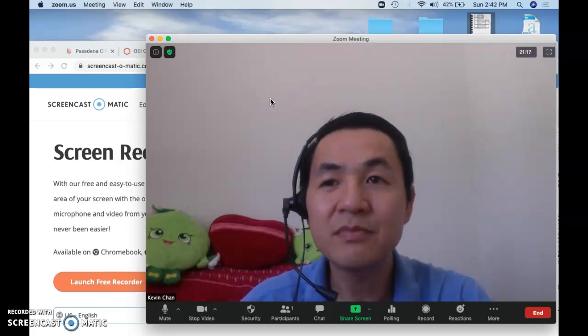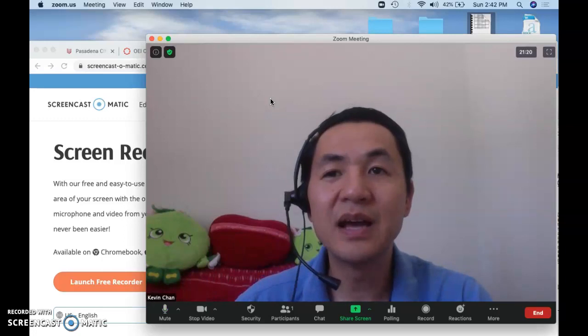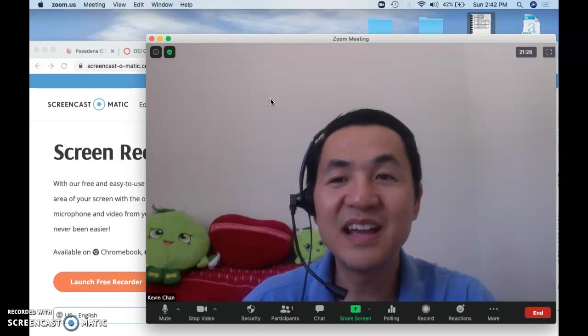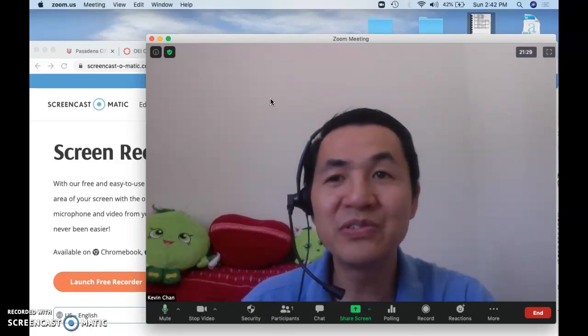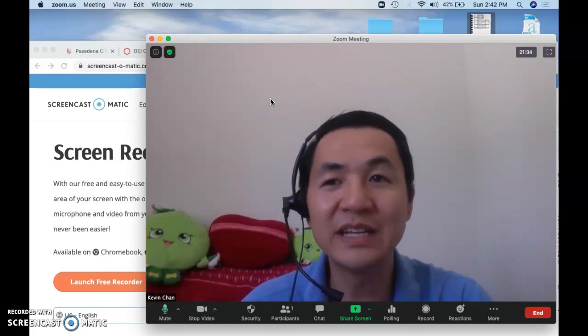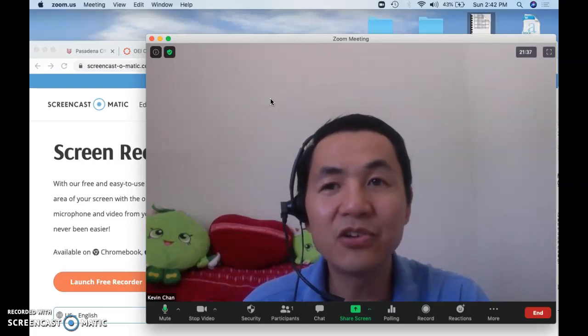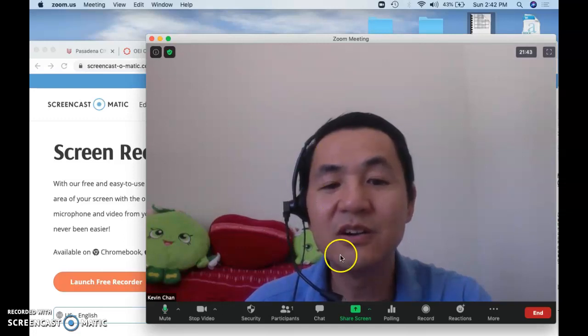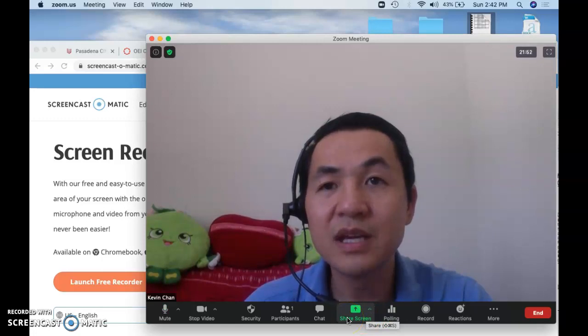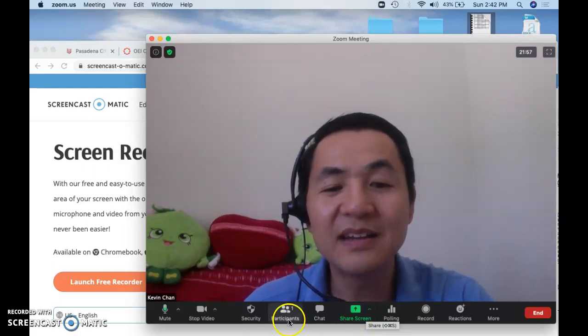If you will be working in a group, I'd like you to first understand how to use the share button as a host. As a host, you will be able to see a list of buttons on a black bar on your screen. Go to the bottom or top of your screen where you see a green camera. In this case, I see a black bar at the bottom. It will reveal a black bar. Find the share button and click on share.